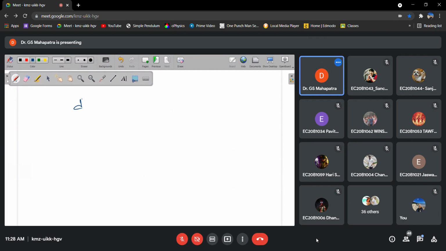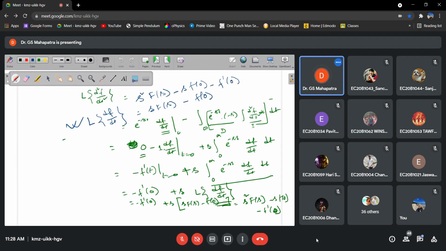D3, this one. Laplace transform. I think we know how to derive it again. Correct. What is the answer, sir? Just see, this we will solve. Tell me. s cube capital F of s minus s square f of 0 minus s f dash of 0 minus f double dash of 0. Okay, so I will write next is